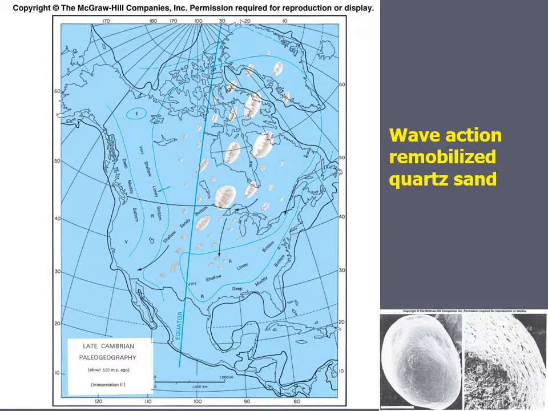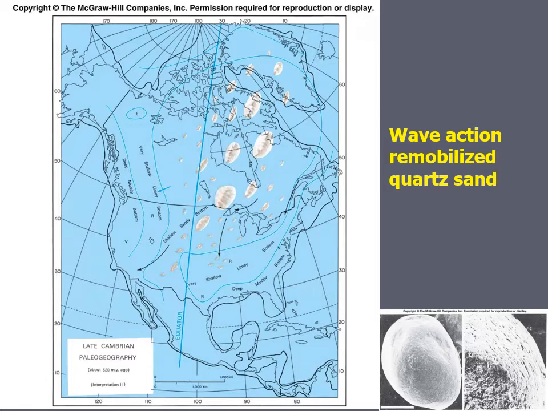And this is what it actually would have looked like. Now, I want to point a few things out. First of all, notice how the equator is oriented. That's because North America, or Laurentia, was actually rotated 90 degrees. So the equator was still 0 degrees latitude, but this is showing you in our modern orientation of North America. It would have actually been straddling the equator. And that craton, or that shield, really would have just been a few sandy islands and rocky islands sticking out of this shallow sea.